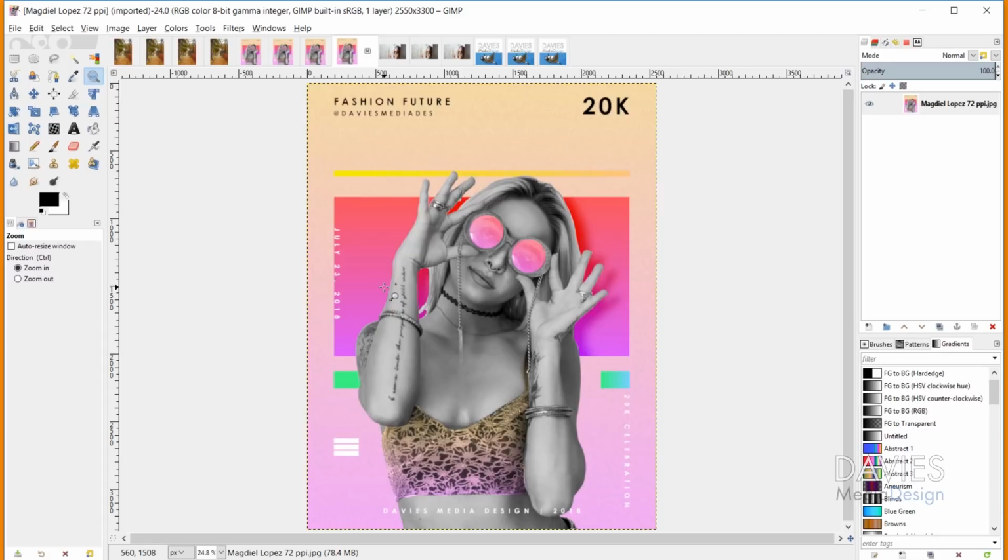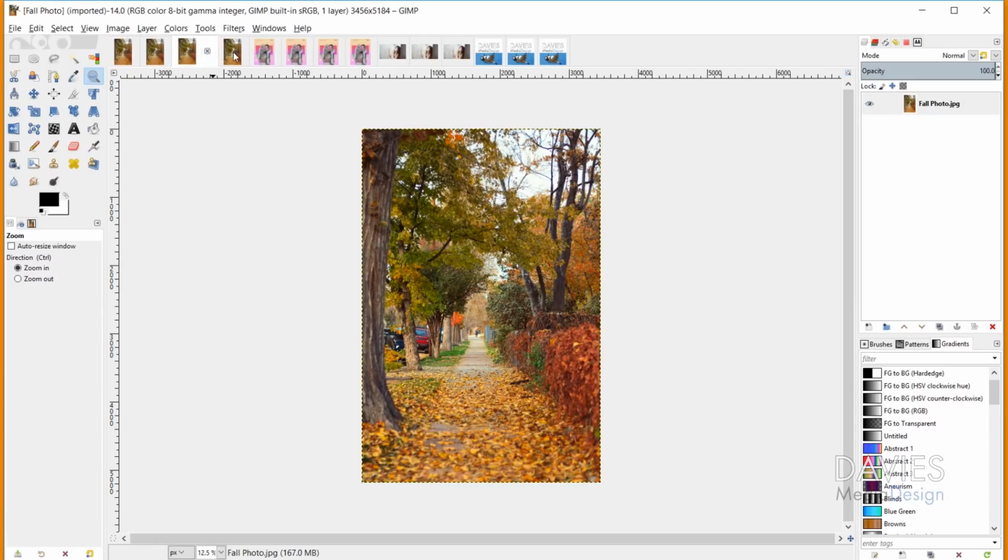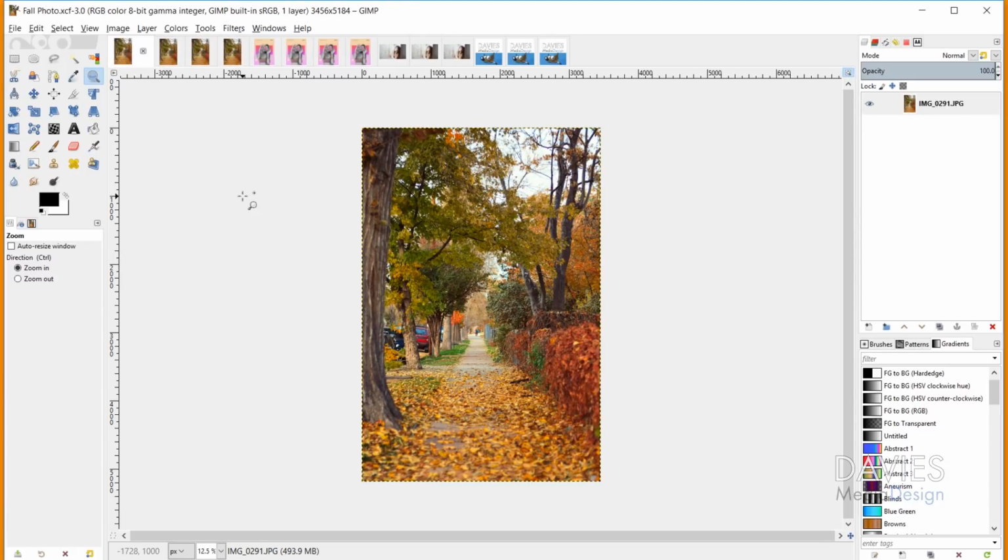Alright, so moving on from that concept, I'm going to come over to my next image here, and this is an image that I took with my camera. And you'll see up here that this image is around 3500 by 5000 pixels, give or take of course. I do have 4 of these open, and these are all the same exact image. And the reason I have 4 different versions of the same image is